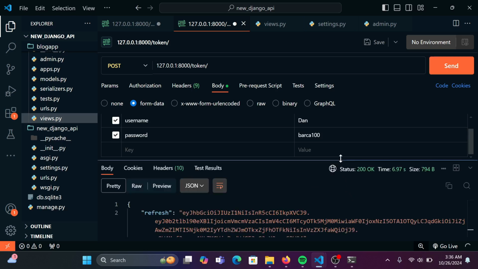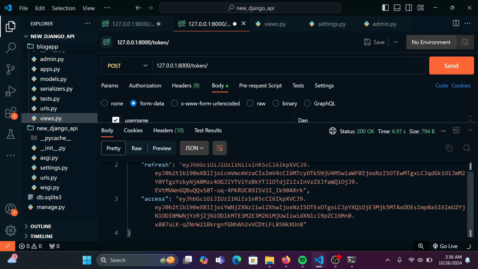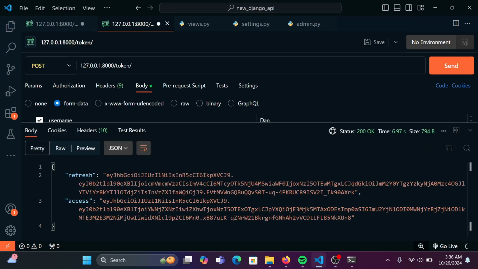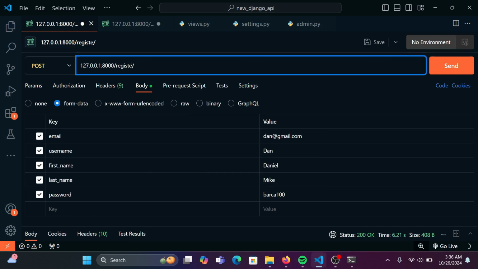Don't waste time. What is it taking? Okay, now we've got another access token again. Gotten a new one. So right now I want to create our blog, right? So I'm going to come over here. To create a blog, the URL is called create blog. The endpoint is create